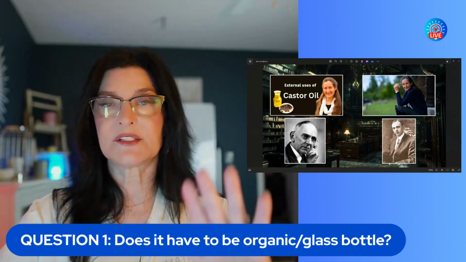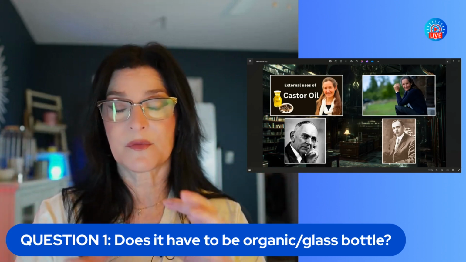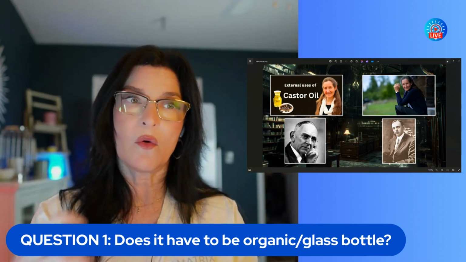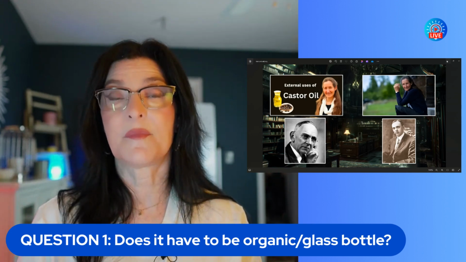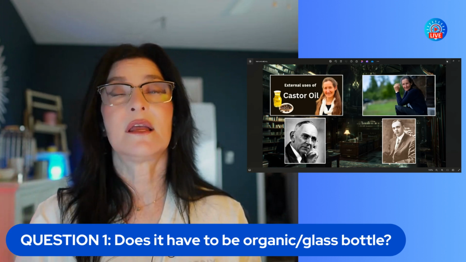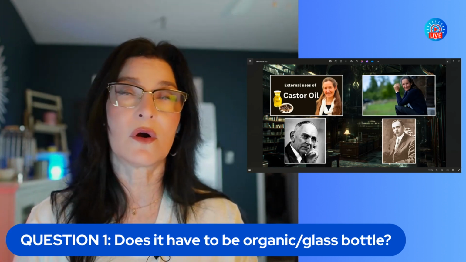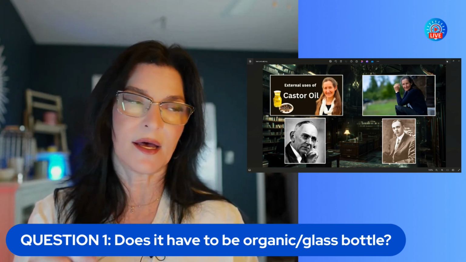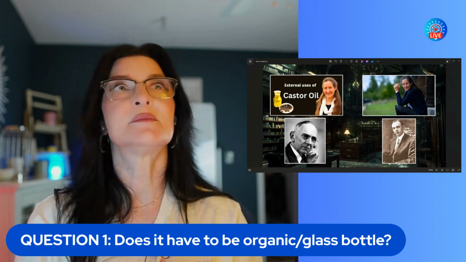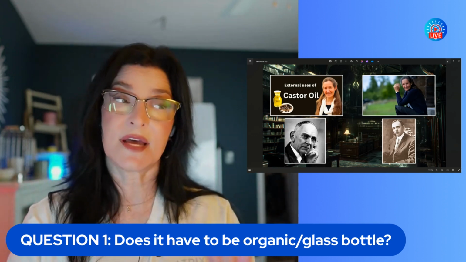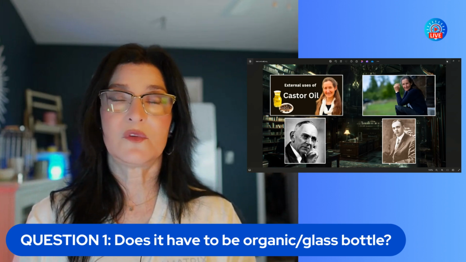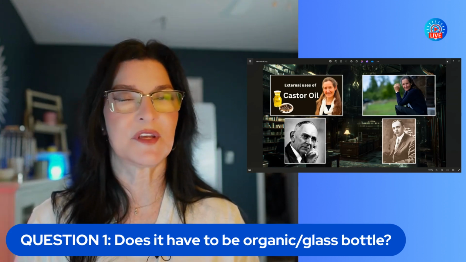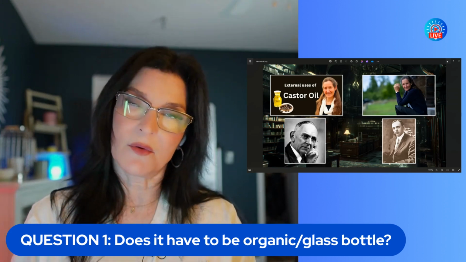When castor beans are prepared to extract the oil, they're pulverized in a way where the oil is separated from the pulp, and then the oil that's left, I believe, is heated, or it can be cold pressed. That's one thing I meant to look up before I did the live tonight. Sometimes you'll see cold pressed, and that's the one I use, which I believe is just kind of how they press olive oil as well. I'm not sure of the exact mechanics there.